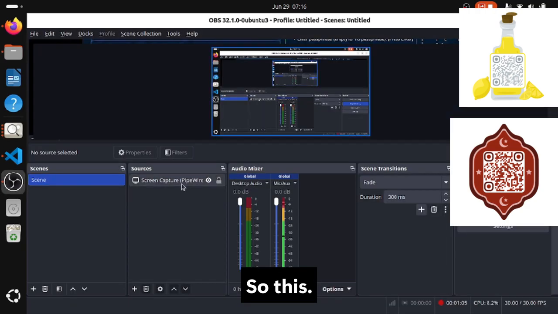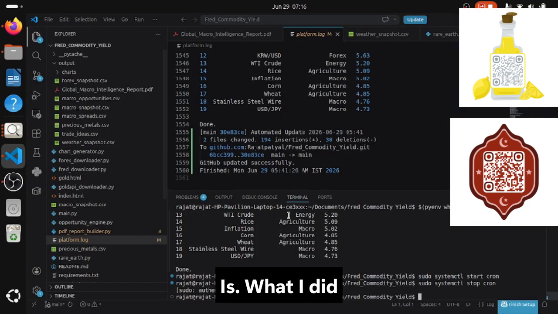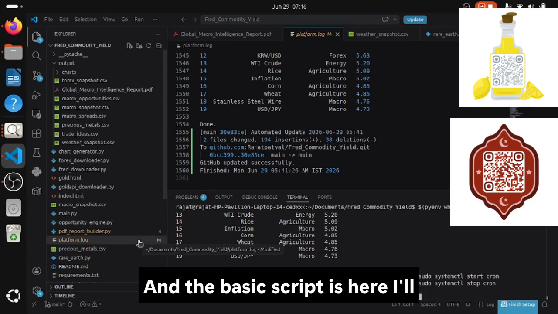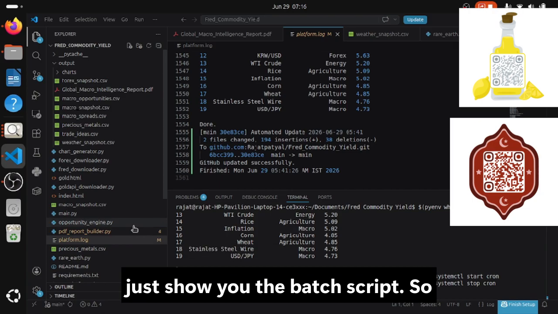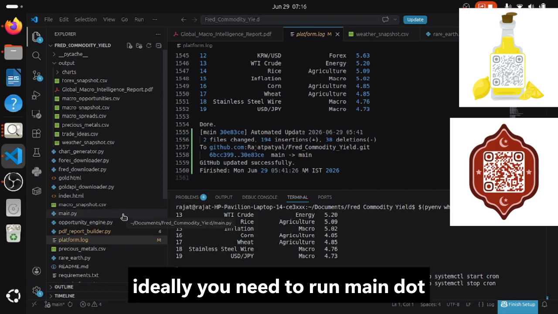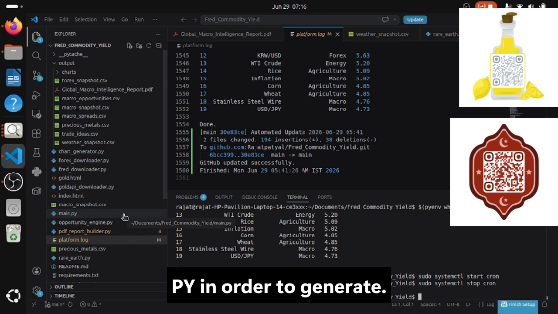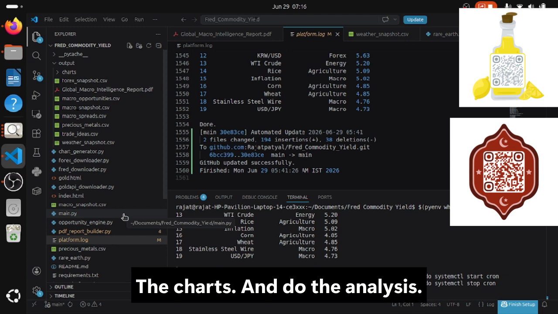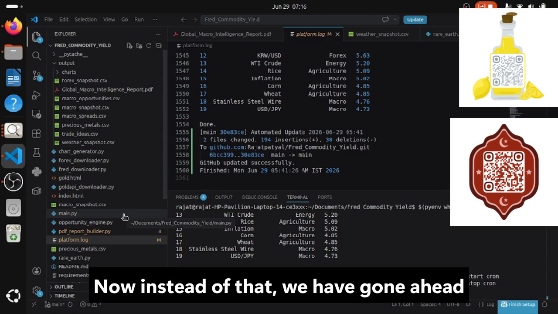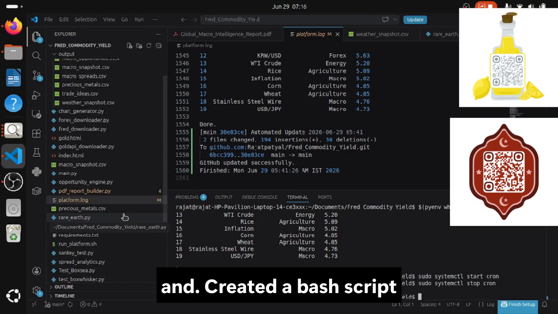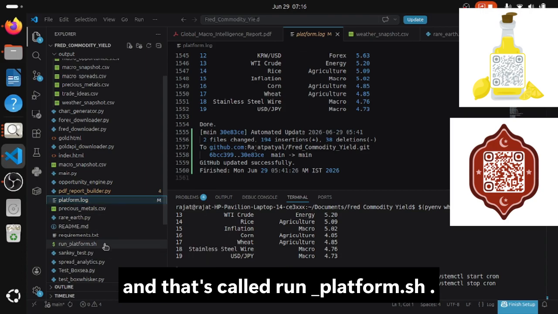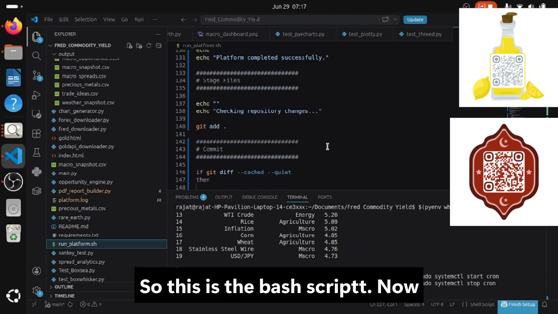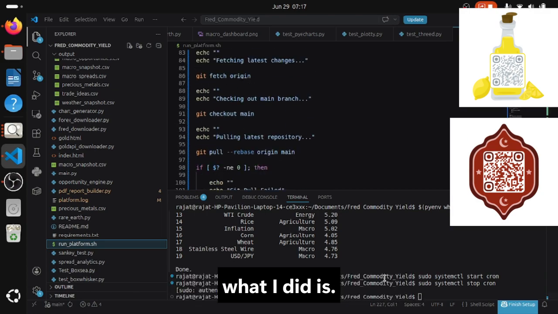So this is what I did out here: I created a bash script, and the bash script is here. I'll just show you the bash script. So ideally you need to run main.py in order to generate the charts and do the analysis. Now instead of that, we have gone ahead and created a bash script, and that's called runplatform.sh. So this is the bash script. Now what I did is